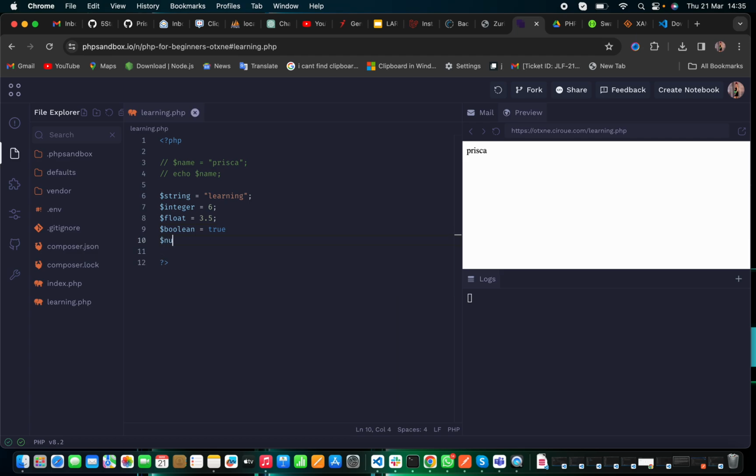You also get to use null when you want to check if something is null, right? So these are the data types I just mentioned: string, integer, float, boolean, and null. Now we are going to be echoing each and every one of them. There's no need of doing it in another line. Let's just do it together in the same line. Echo,